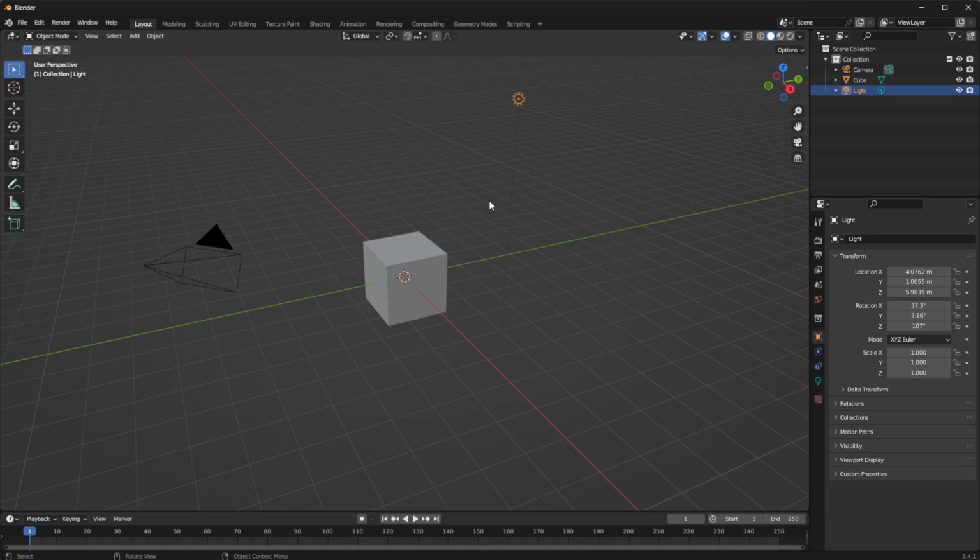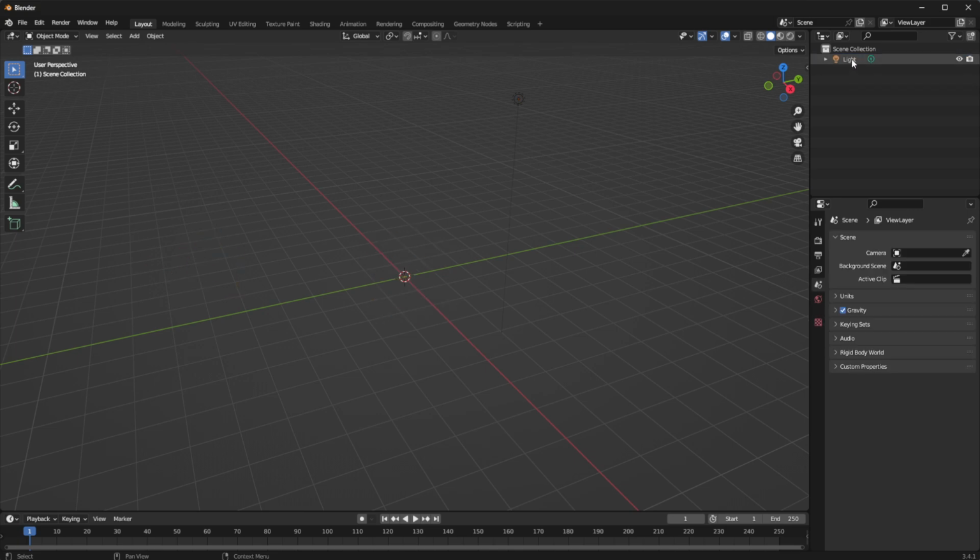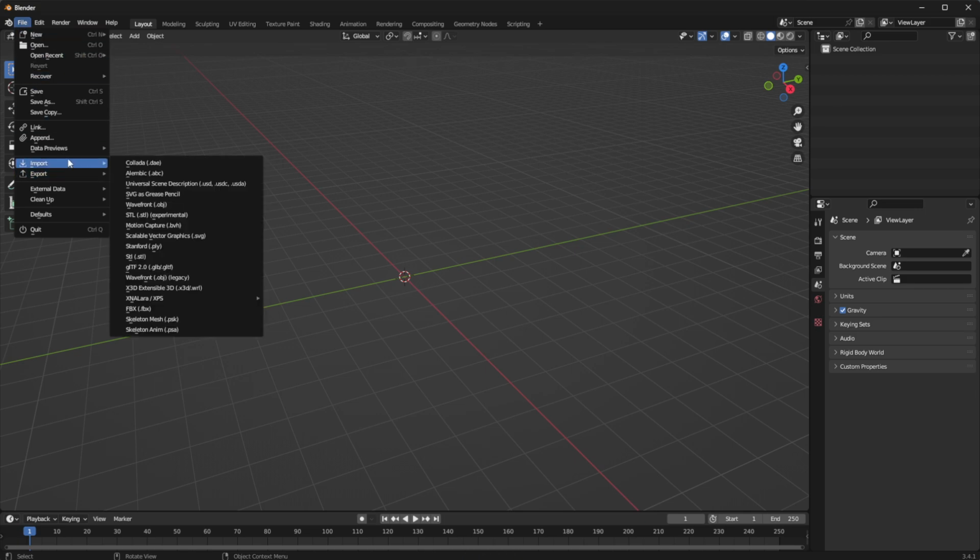But we're here in Blender. The very first thing I'm going to do is come up to the top right, click on Collection, and just delete it. Delete camera, delete cube, delete light. Okay, so just left click and hit delete. We're going to go to File, Import,